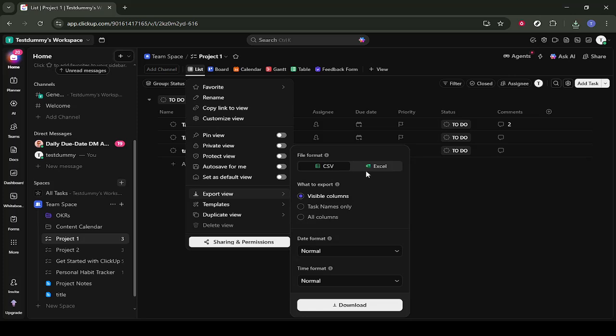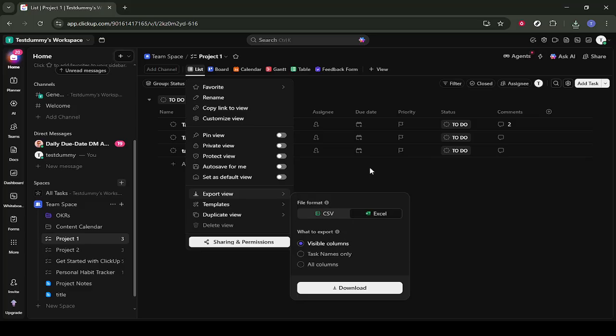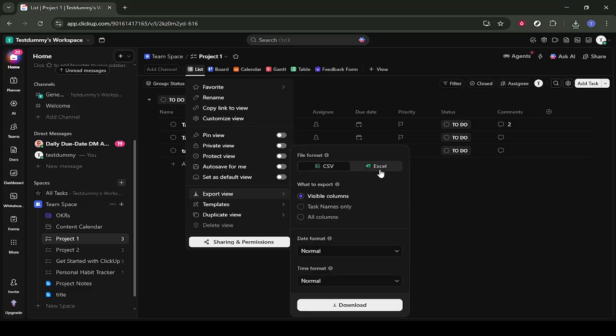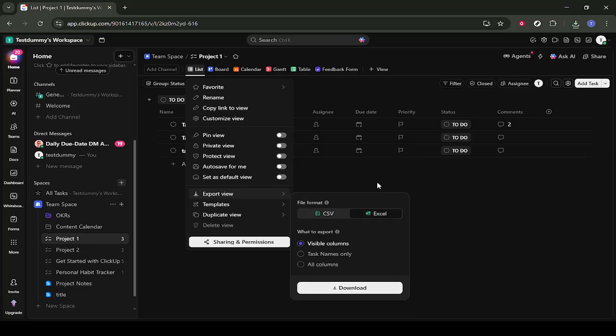After selecting the export option, another small panel or dialog will appear with the available export formats. Click on the highlighted option for Excel or CSV that best matches what you need. At this point, ClickUp will prepare your file in the background. For large lists, this can take a moment, so just give it a bit of time if you have a